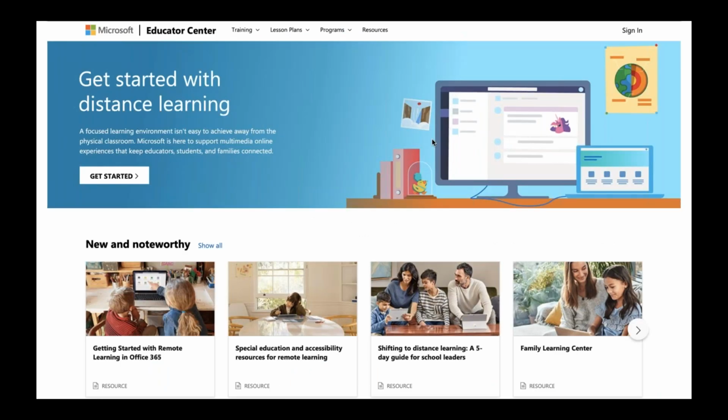Another nice place, and if you've not been on it, I can only strongly recommend heading over here, is the Microsoft Education Centre. Here you are able to enrol in online courses. They can guide you through key teaching and learning concepts. There's some really good ones that discuss remote learning and the impact it's having on education. There's some really nice ones for accessibility and coding within there. And if you stick with it and enroll in enough courses and complete them, some of them from half an hour to a few hours, you can get the recognition as a Microsoft Innovative Educator and be given your MIE badge, which shows just how well you have been connecting with the Microsoft technology.